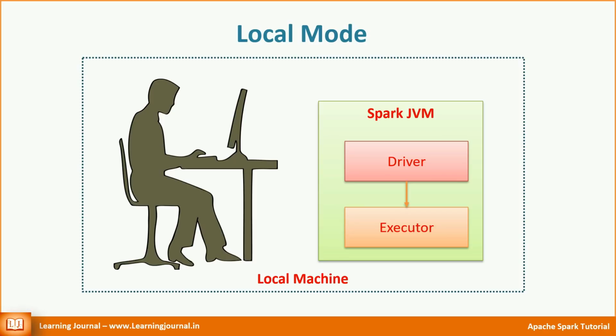The local mode is the most comfortable method to start a Spark application. In this mode, you don't need any cluster, neither Yarn nor Mesos, nothing. You just need a local machine and the Spark binaries. You start a Spark application in local mode. It begins in a JVM, and everything else, including the driver and the executors, runs in the same JVM. I showed you a Spark installation in the very first video. That demo uses the local mode installation. The local mode is the most convenient method for setting up a quick learning environment.